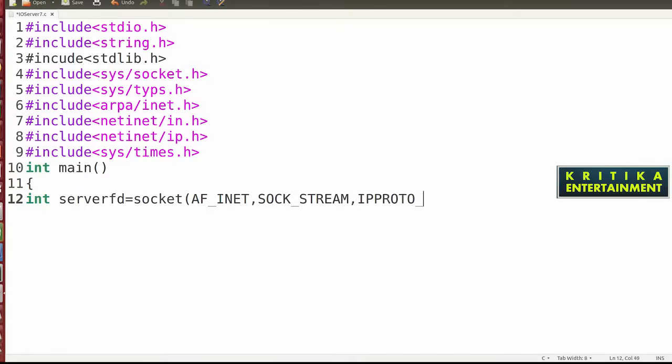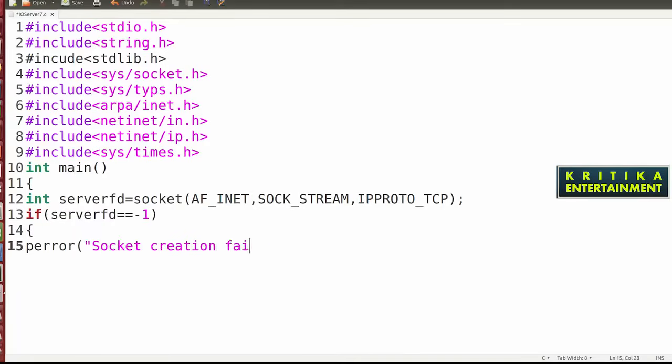Here I will use the TCP protocol. So this is created. Then I will check if server_fd equals -1, then socket creation failed. Here I will write perror, socket creation failed. Then after that I will close my program.